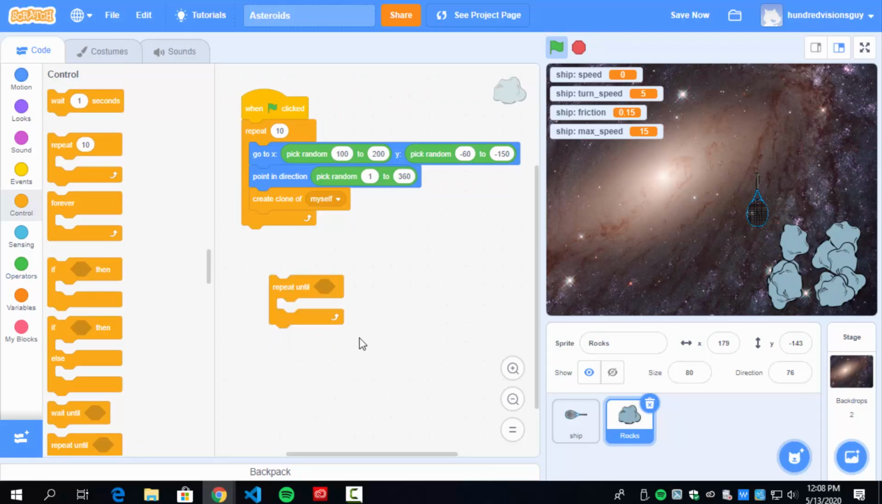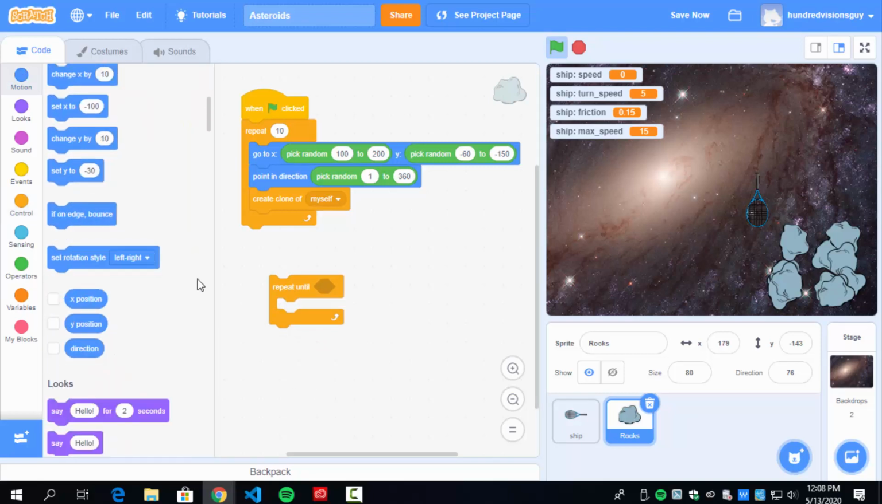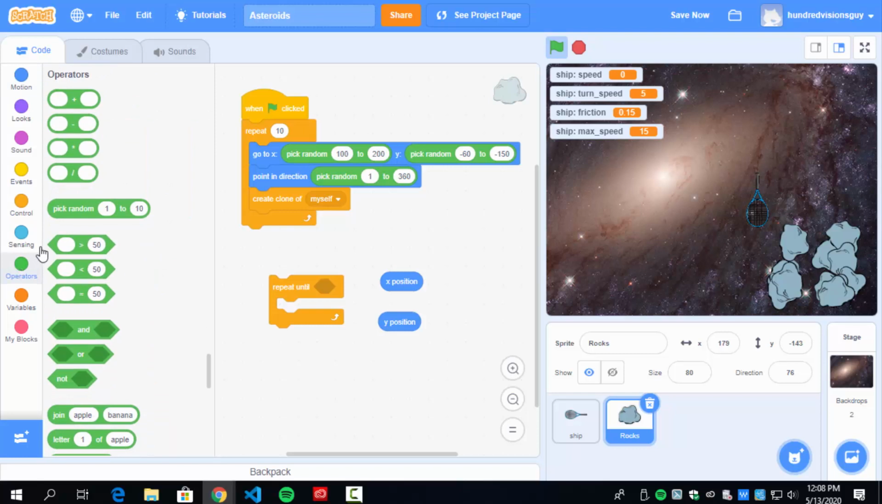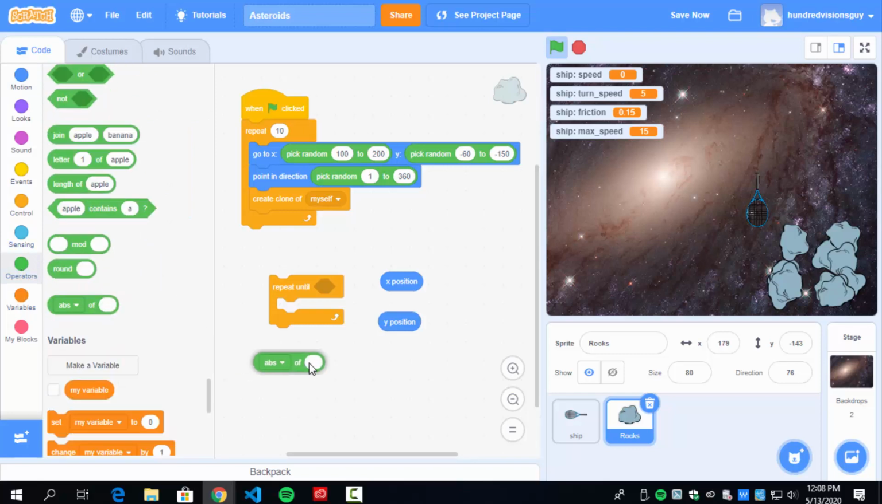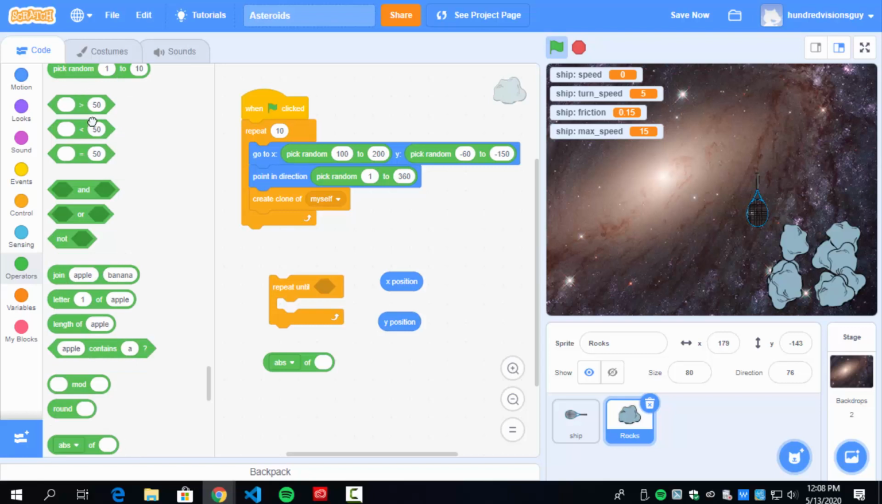We're going to repeat until the x position and y position, their absolute value, please have absolute in here. Yes! Repeat until it's greater than. Interesting. Okay, absolute value, and we're going to duplicate. Repeat until, and then we need an and. Okay, so we've got to go until the absolute value